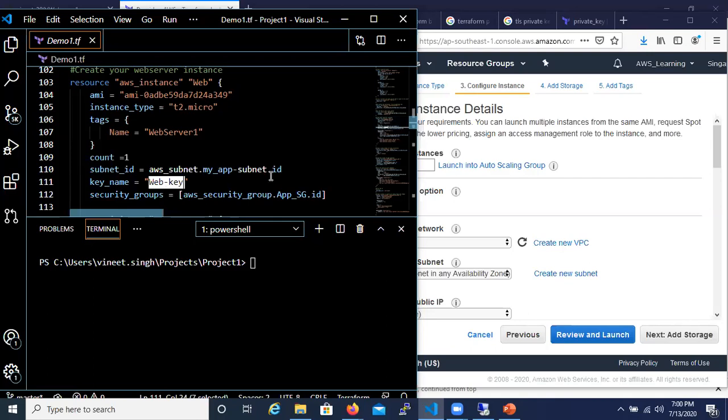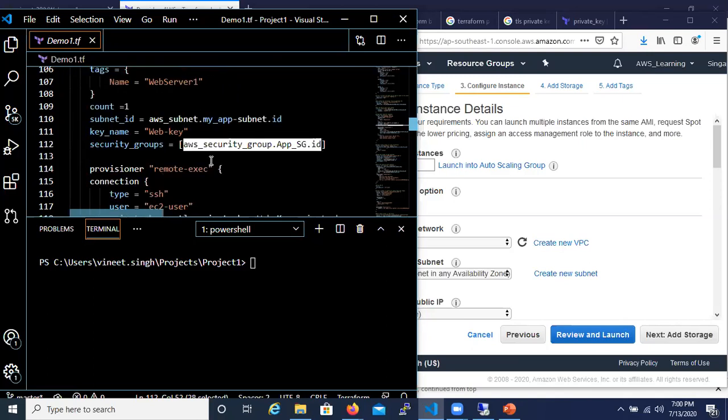And then the security group which I'm going to associate with this specific instance would be the same security group. Since I can have multiple security groups attached, I've defined this as a list in brackets.